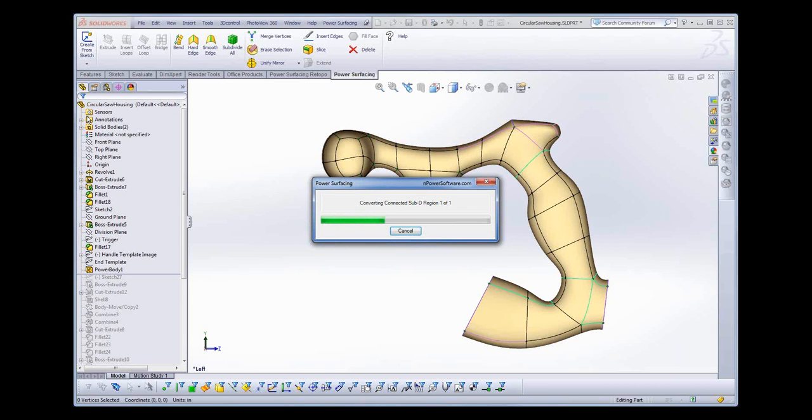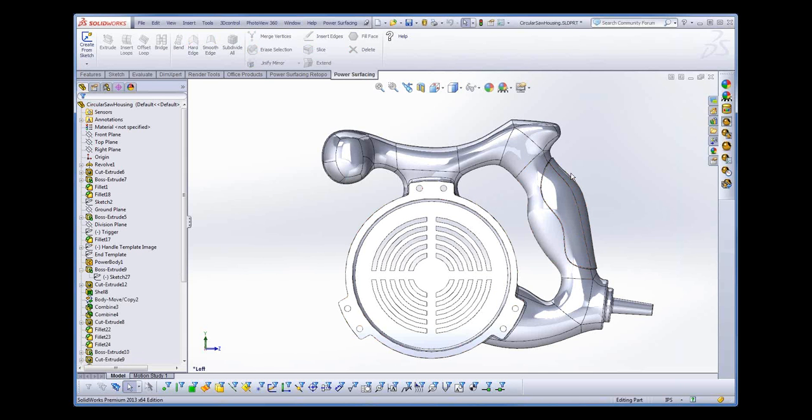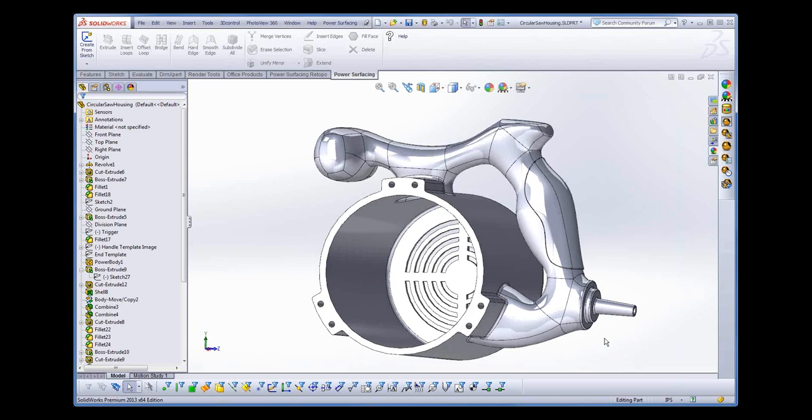And something that could have taken a long time with traditional surfacing in SolidWorks is very quick and easy to do. Notice also that I've got an offset surface on this sort of handle grip thing here, and it followed right along. The other thing I'm going to show you here is that I've built some SolidWorks features off of the